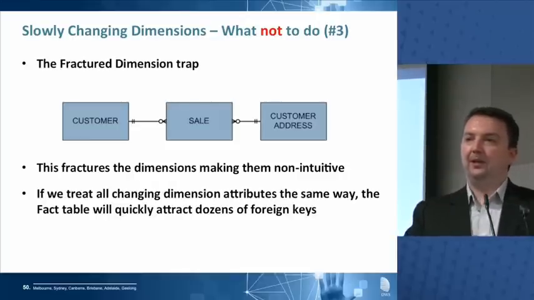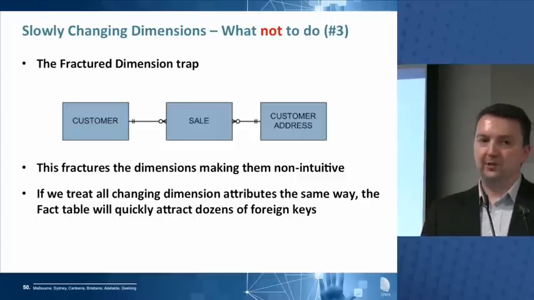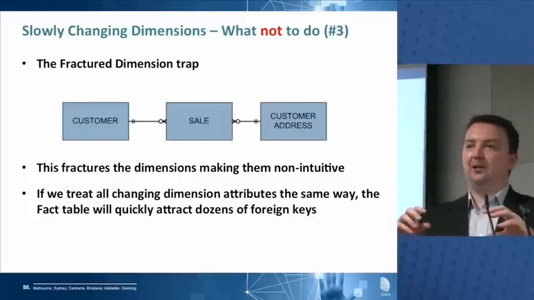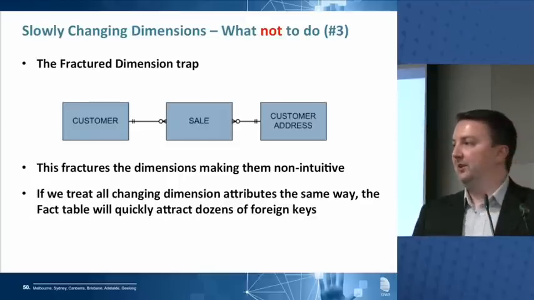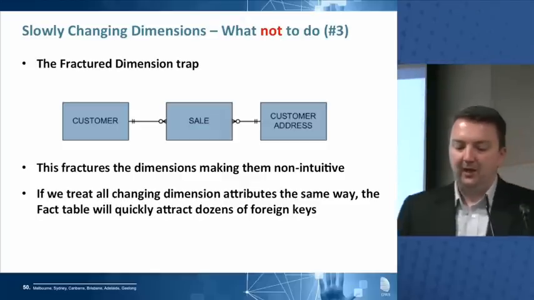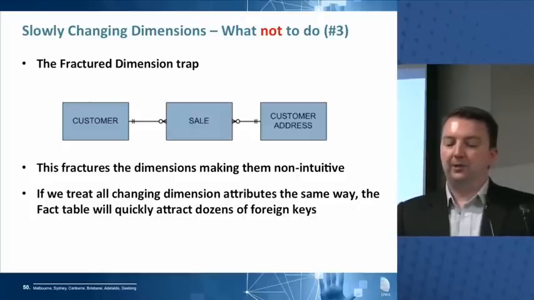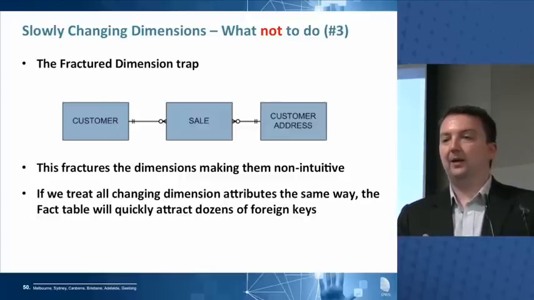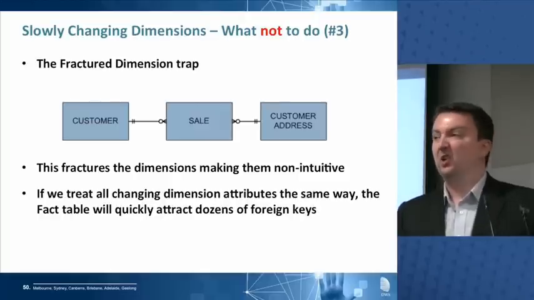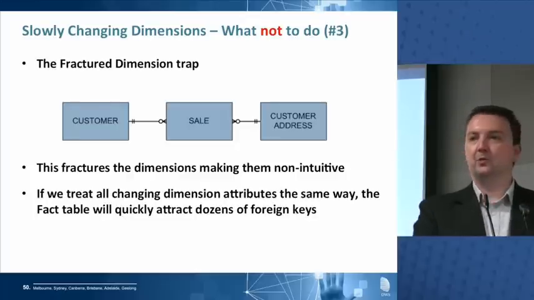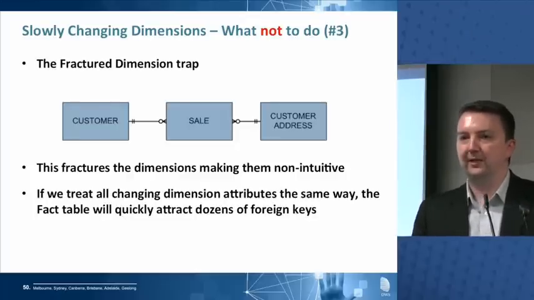You could do that, but extend that logically to all the possible things that could change about all the possible dimensions that we have. We'd end up with a star schema that had like 30 or 40 foreign keys around it instead of 6 or 7 or 10. Although it's kind of a tenable solution, it would make our structure non-intuitive. We'd go looking for customer information in the customer table. Oh, hang on, it's not there. I wonder where it is. It's in one of these other 5 customer tables.